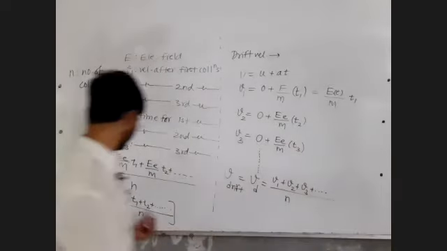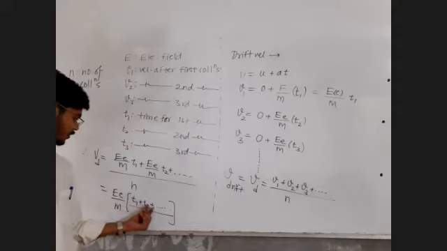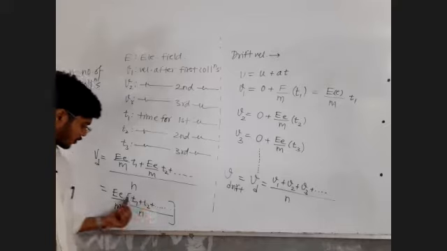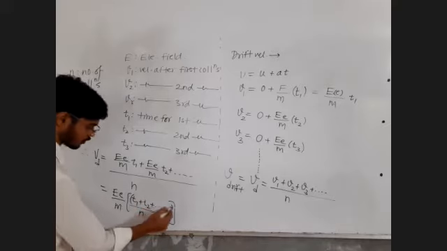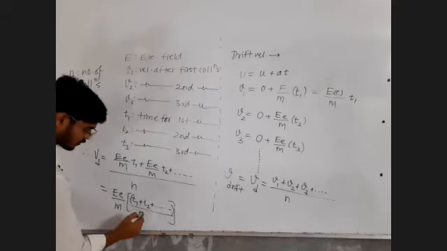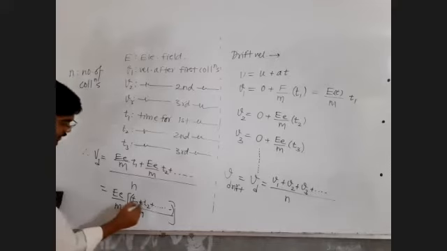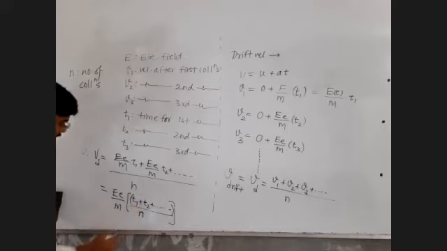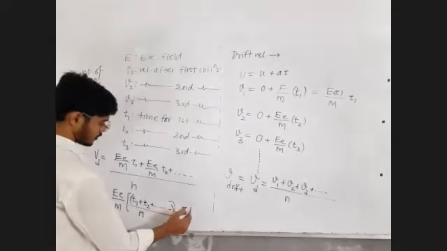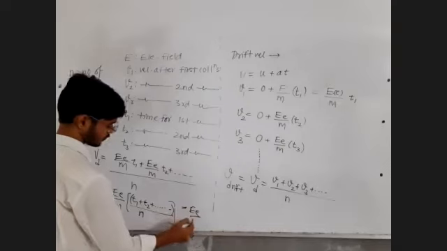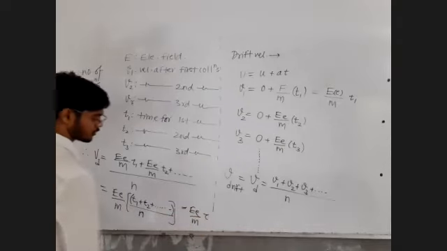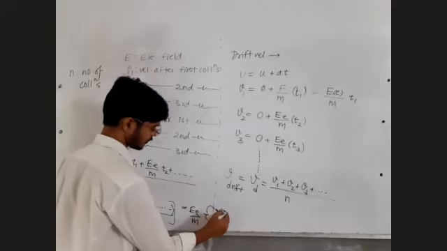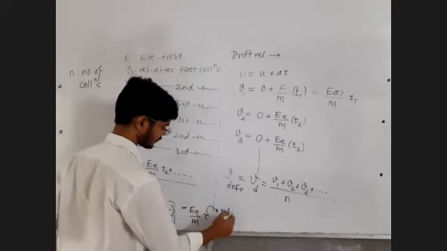Time required for the first collision, time required for the second collision, the third collision, fourth collision, fifth collision, and so on. So this is going to be the total time required for the collisions divided by the total number of collisions. That will give you the average time required for one collision. It is called tau. Its name is relaxation time. I think it is called relaxation time. I will again verify.